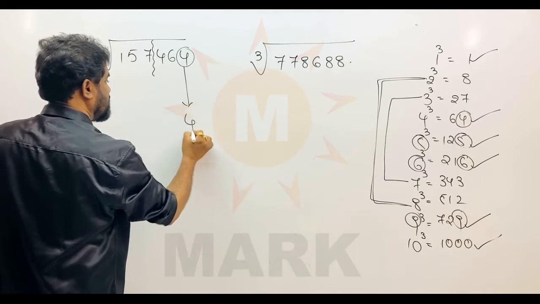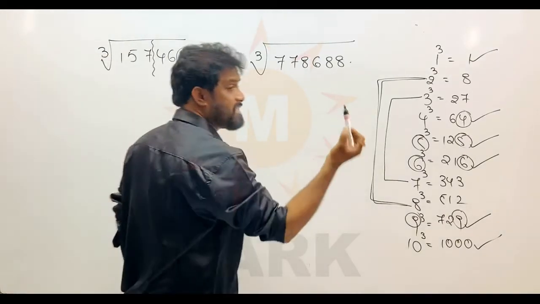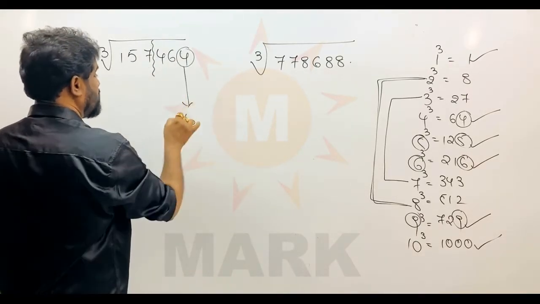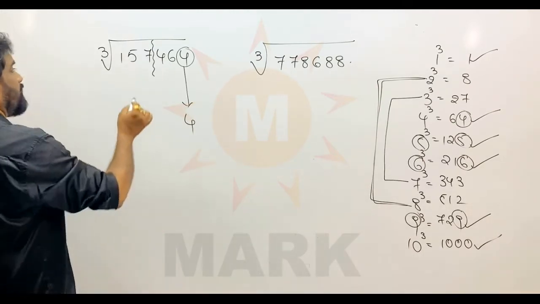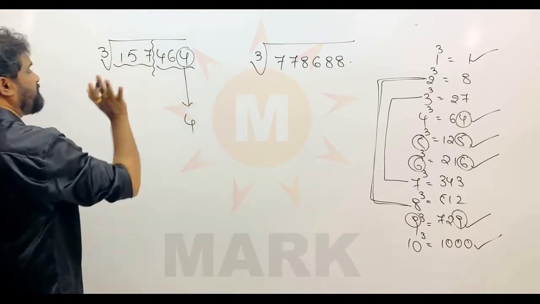So we write this number. Because for 4, it is the stay as it is concept, right? This is nothing but stay as it is concept. So in the cube there is 4. So in the cube root also there must be 4. So last number we got. Now we calculated this section. Now let us go into another section.